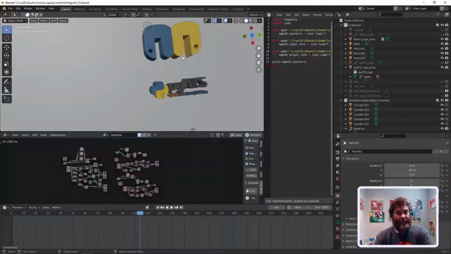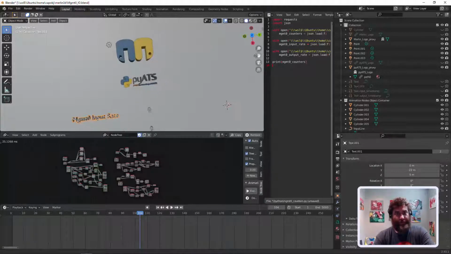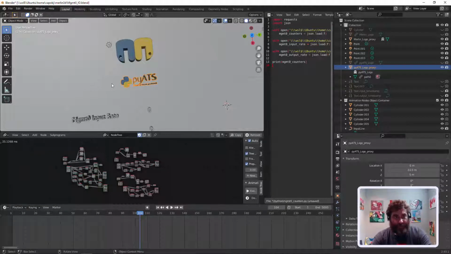And now I have this, and I could add, powered by, which is what I'm going to do to this, but not in this file. I'm going to go to this blend and add the text powered by in front of it, or maybe above it, so that I could line these up. All right, so